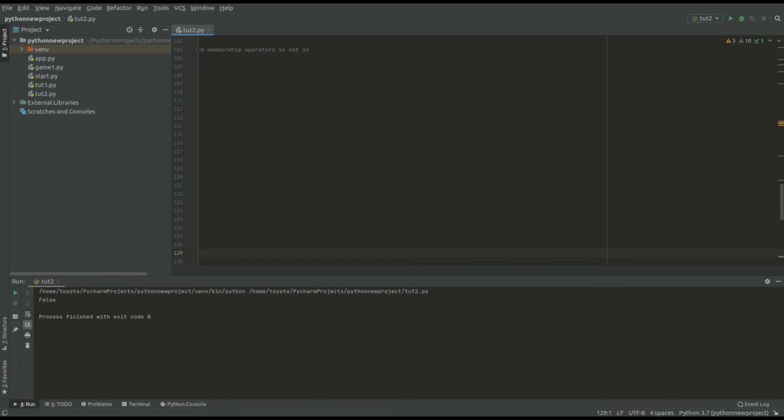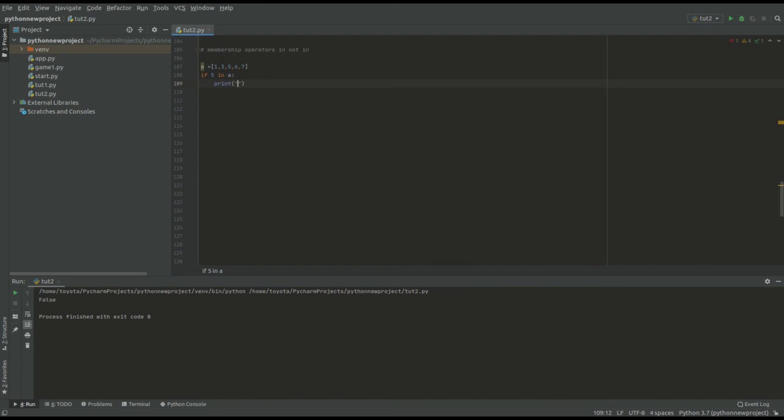So next we're also going to look at membership operators, where we check if a certain value is in a sequence or it's not in a sequence. So we're going to use in and not in. For example, you have a list A which has values 1, 3, 5, 6, 7. Then you say, let's say, if 5 in A,